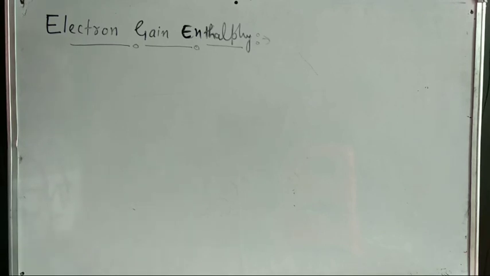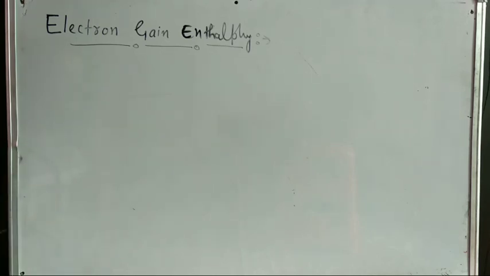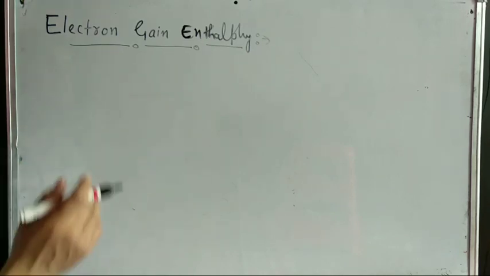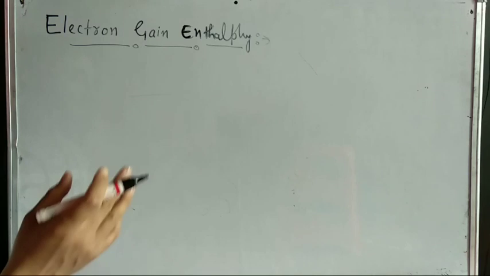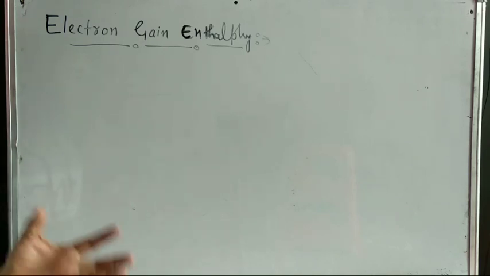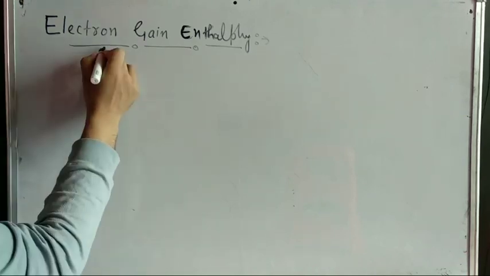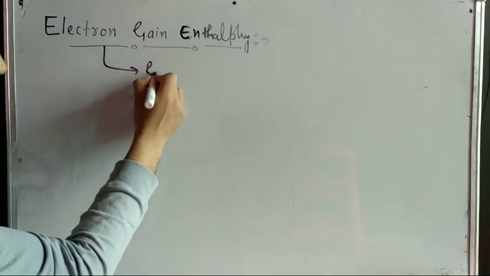Today we are going to discuss the concept of electron gain enthalpy. This electron gain enthalpy is also an important property of an element, like atomic size and ionization energy. As you know, ionization energy represents the tendency of an element to lose electrons. In a similar manner, the tendency of an element to gain electrons is known as electron gain enthalpy. So electron gain enthalpy represents a tendency of an element